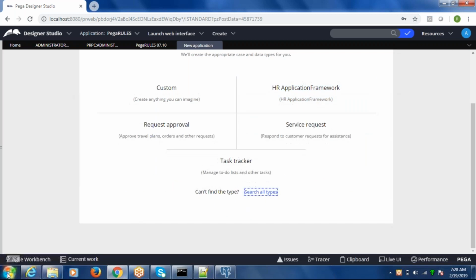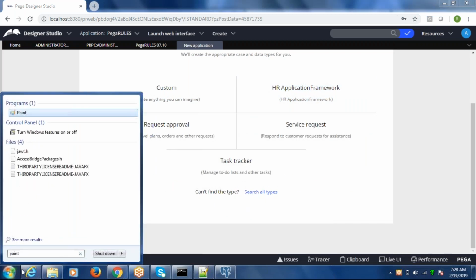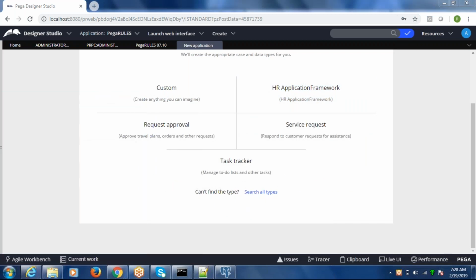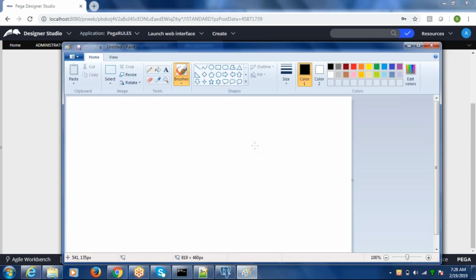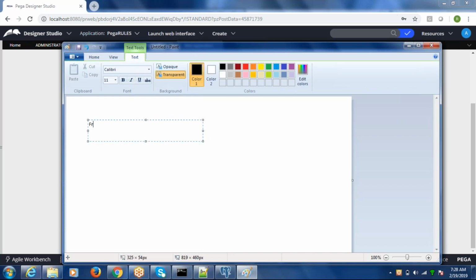One is framework and the other one is implementation. Framework is basically a template, like a model of the application. A framework is just a template.